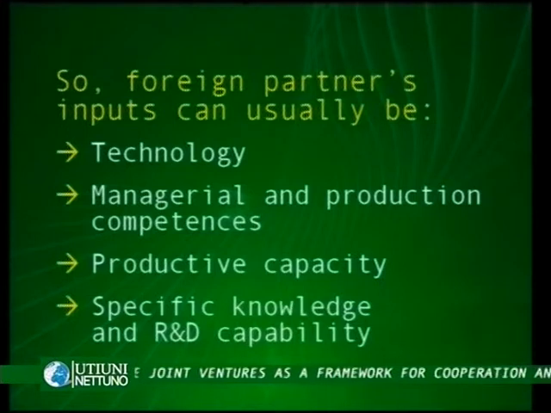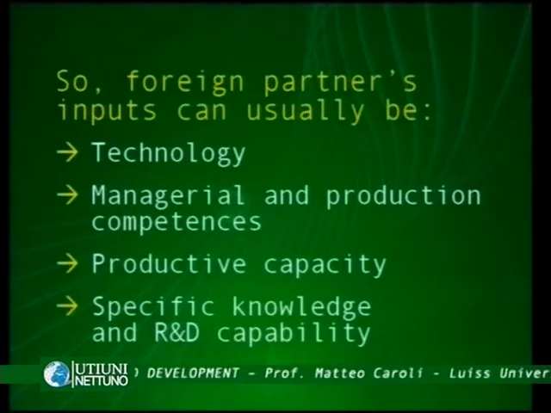So foreign partners' input can usually be technology, managerial and production competencies, productive capacity, specific knowledge, and research and development capability. This is especially true when the foreign partner is located in a developed country, when the foreign partner is a